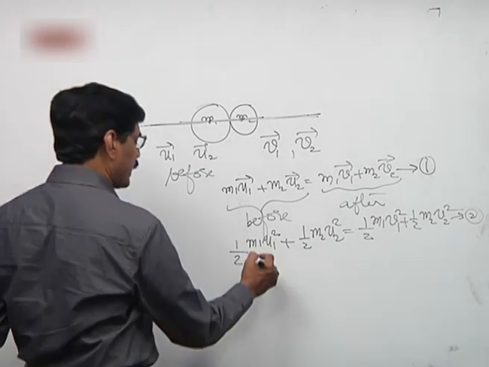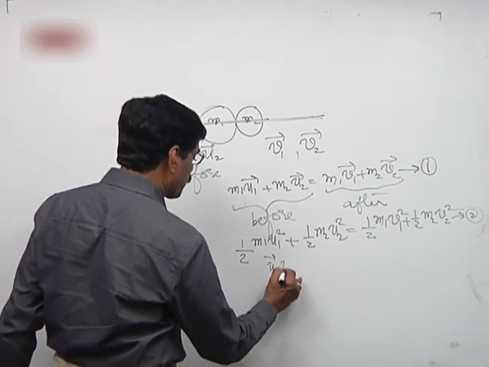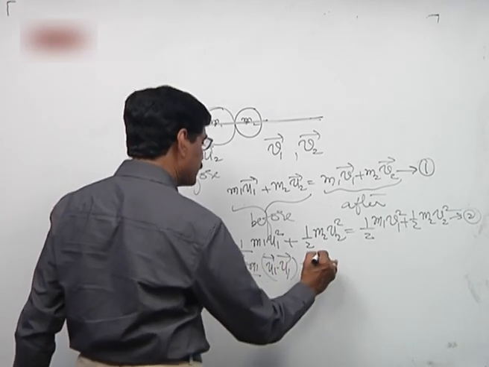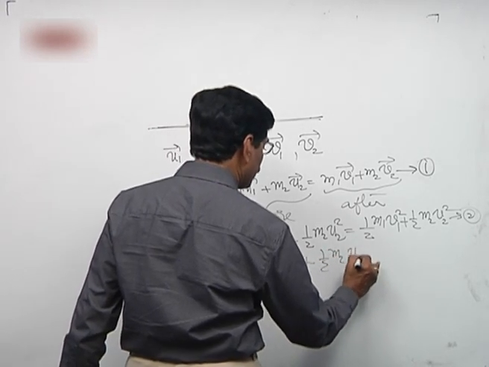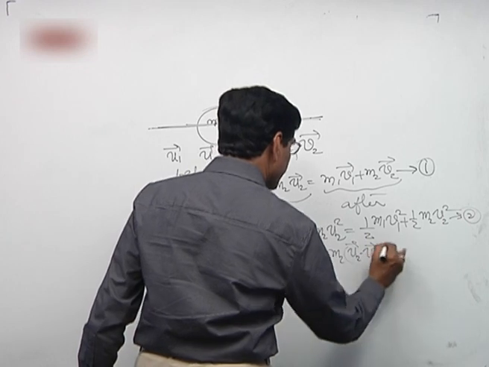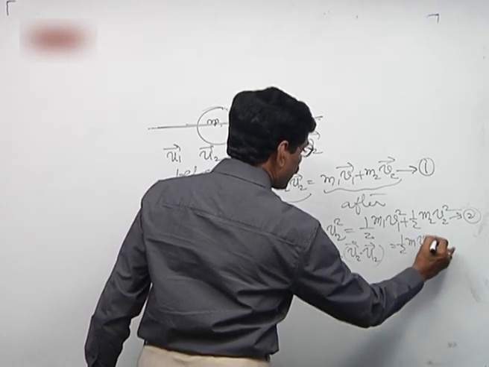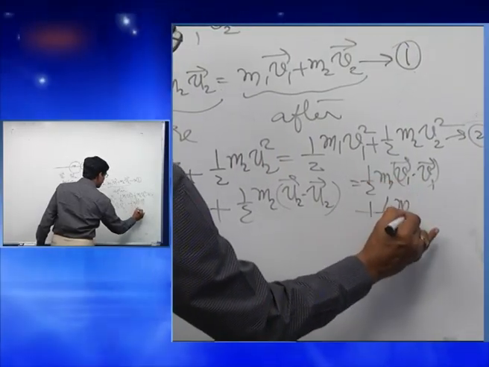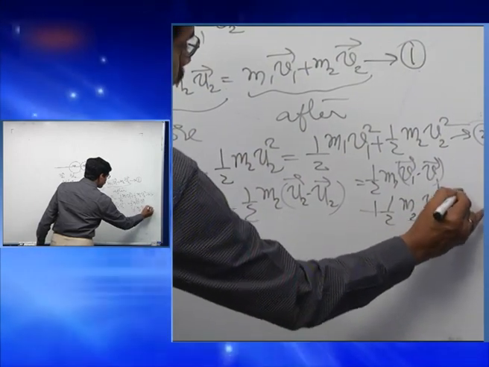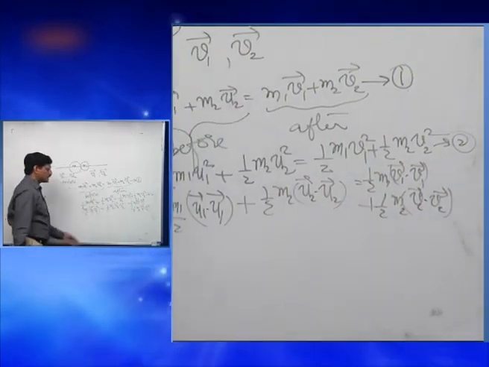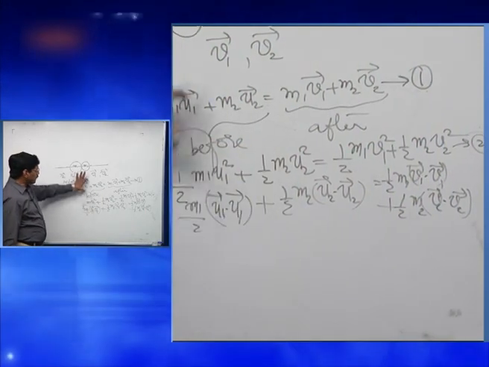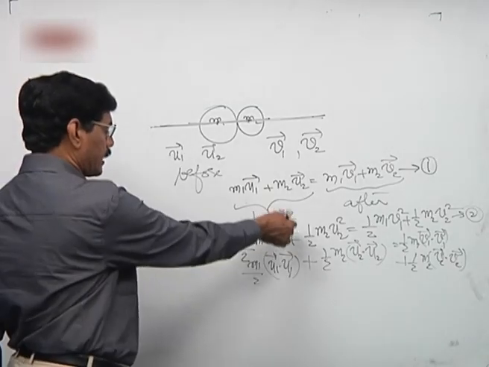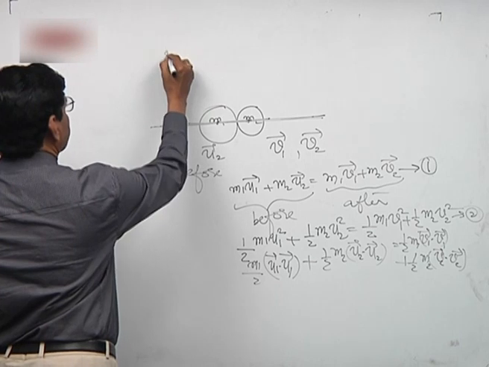We can write u1 square as u1 dot u1, involving vector values of velocities. Similarly, the kinetic energy equation becomes half m1 u1 dot u1 plus half m2 u2 dot u2 is equal to half m1 v1 dot v1 plus half m2 v2 dot v2. We can write it in this way or that way. Solving these two equations for the unknown velocities v1 and v2 after collision,